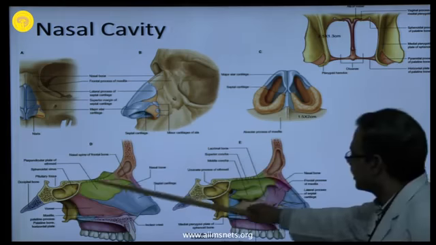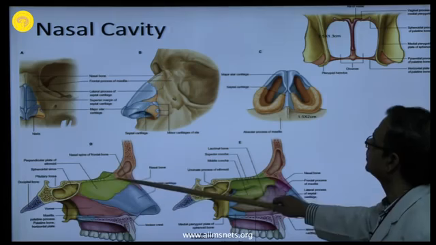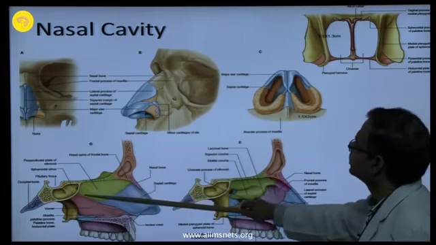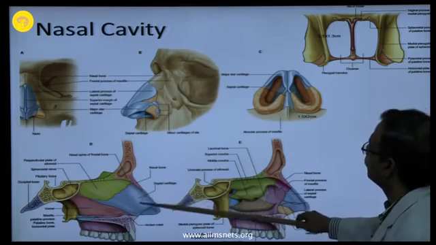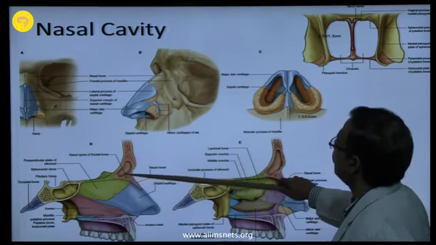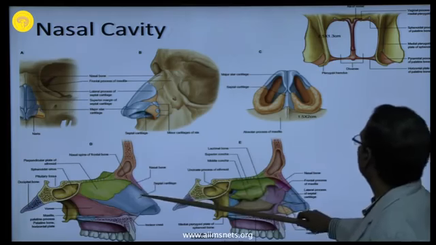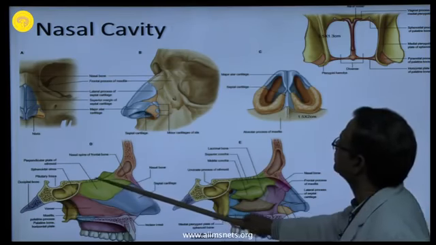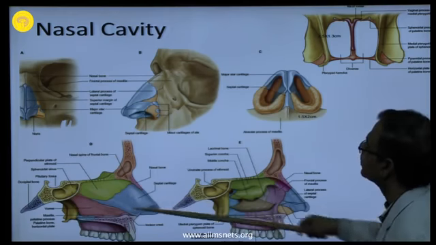Then comes the nasal septum. You are going to break the posterior part of the nasal septum, mostly you are familiar. The upper and posterior part is formed by the perpendicular plate of the ethmoid bone. The lower part is formed by the vomer, and the anterior-inferior part is formed by the septal cartilage. The roof of the nasal cavity here is formed by the perpendicular plate of the ethmoid bone, and it is very thin. So, when you are introducing your endoscope, if you go more anteriorly, there are chances that this plate may get broken, and there may be post-operative rhinorrhea.